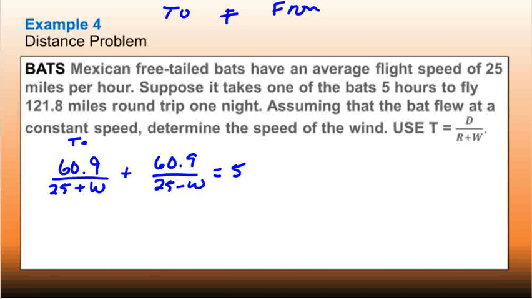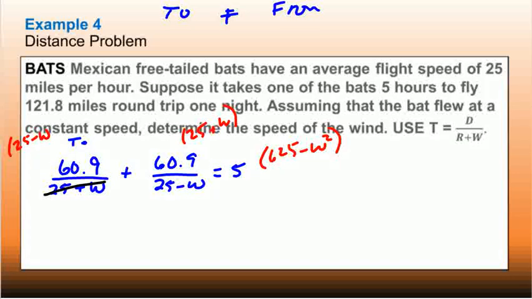So to do this, the common denominator is 25 minus w and 25 plus w. So here I'm going to multiply this side by 25 minus w, and this side I'm going to multiply by 25 plus w, and on the other side, since that's a difference of two squares, I'm just going to write it as a difference of two squares. So 25 squared is 625 minus w squared. So for here, this cancels off, and now I have 60.9 times 25. That gives me